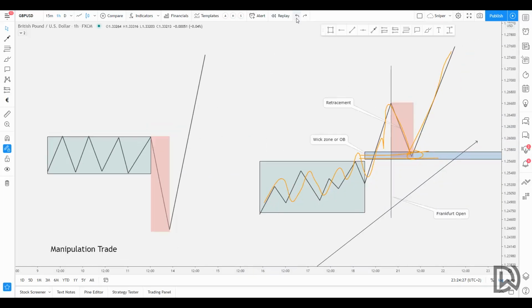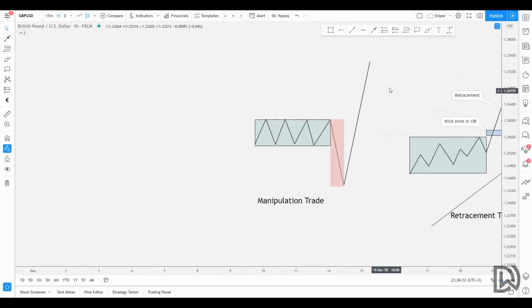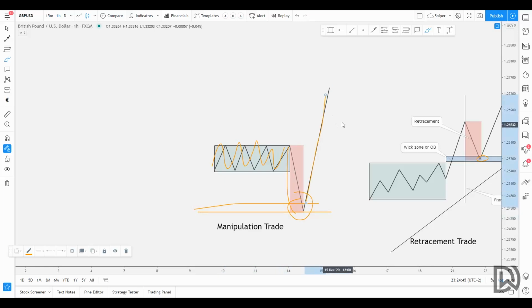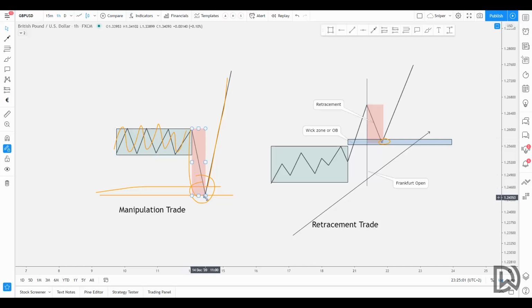In this case, we trade the initial manipulation. So where we have a nice tight consolidation, clean manipulation into our areas of interest, and then the initiation, and then a continuation towards the upside. I will show some of these examples in the backtesting session, and then just start to be on the lookout for those scenarios where you don't always see the manipulation happening immediately. You rather see it in the form of a retracement